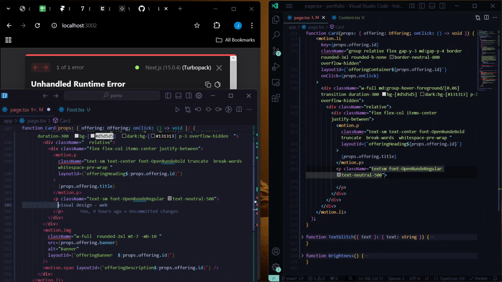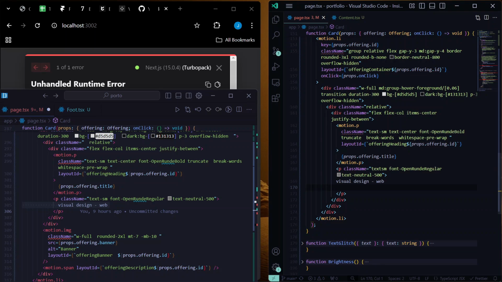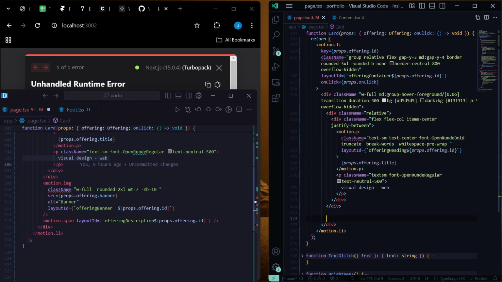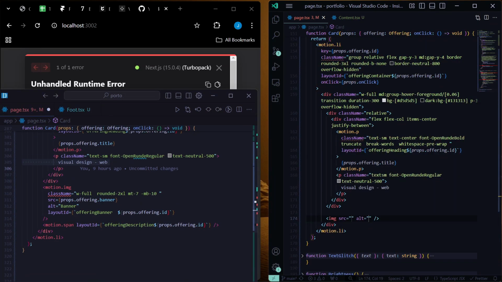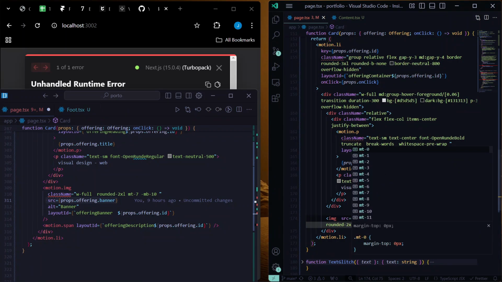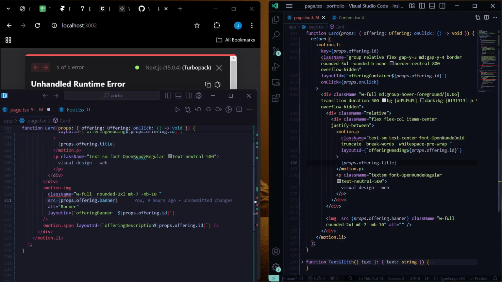And in here we have just this visual dashboard, visual design, dash webs, and also underneath here we've got another one, which is just an image, and it has the src banner, like so, and we give it a className of width full, rounded-2xl, margin-top of 7, and take it a little bit down with a thin margin border, and then let's give it an alt